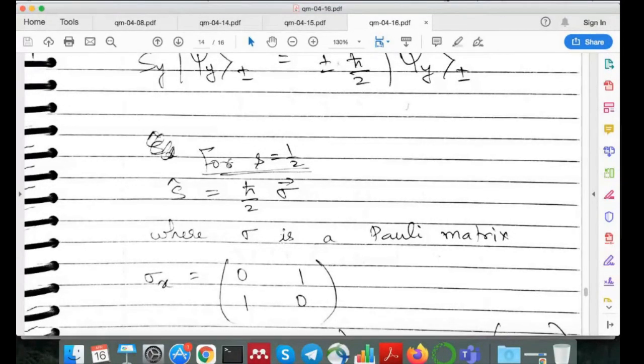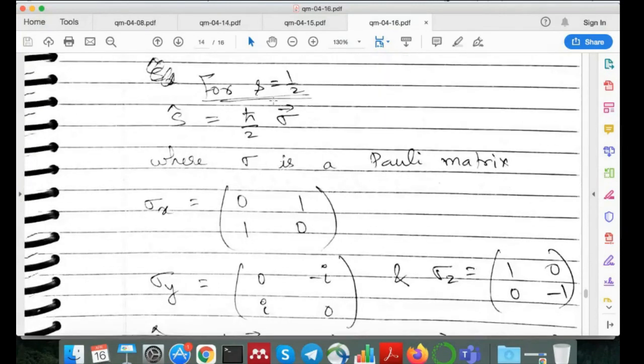So for S equal to half, basically you can represent every S, whether it be Sx, Sy, or Sz, in terms of h cross by 2 into some matrix sigma. And this sigma is known as the Pauli matrices. This sigma is different for each of the x, y, and z components. So sigma x is basically this matrix, sigma y is this matrix, and sigma z is this matrix. This is like a short form representation for the S operator, and this is useful when we do more problems. Although we are not going to go into that, we should know that this S operator can be written in terms of Pauli matrices.